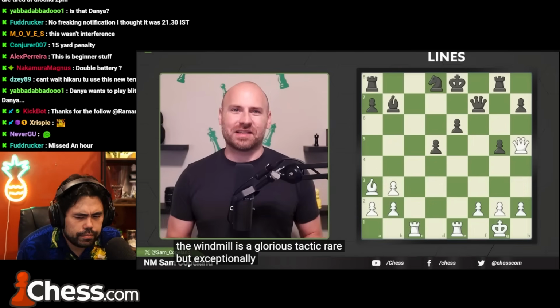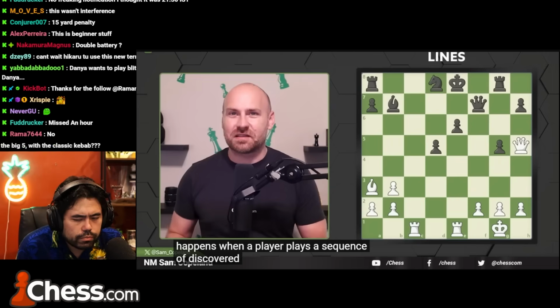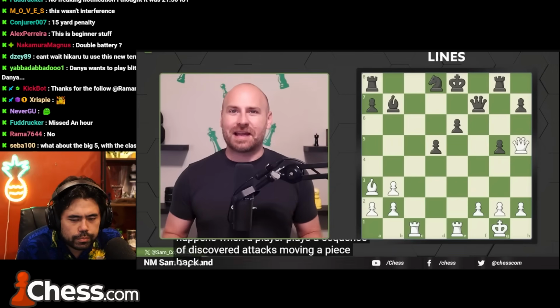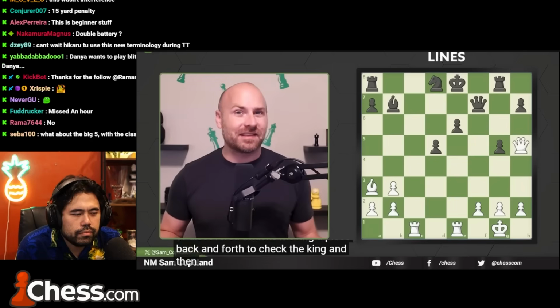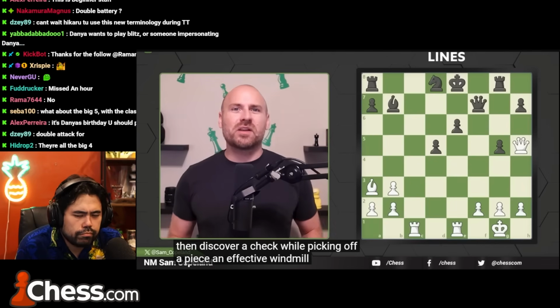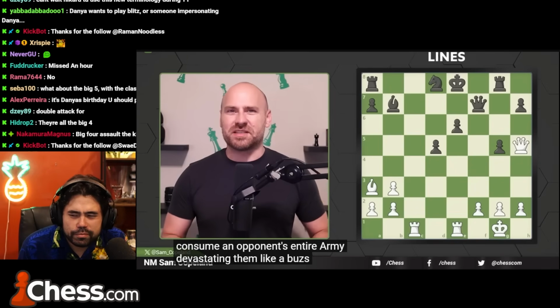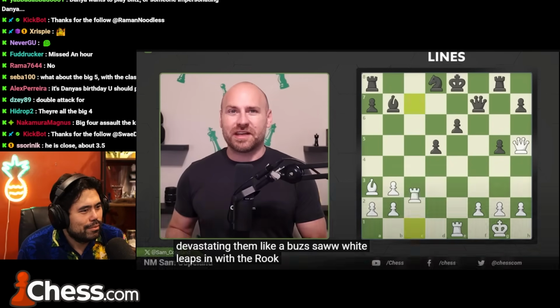But exceptionally deadly. A windmill happens when a player plays a sequence of discovered attacks, moving a piece back and forth to check the king and then discover a check while picking off a piece. An effective windmill can consume an opponent's entire army, devastating them like a buzzsaw. White leaps in with the rook here and sacrifices...